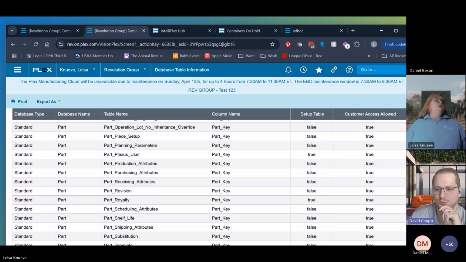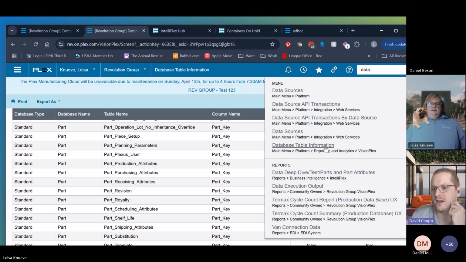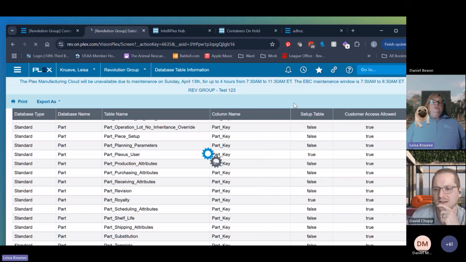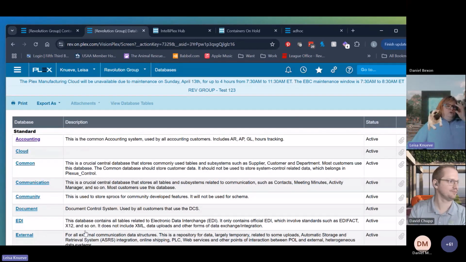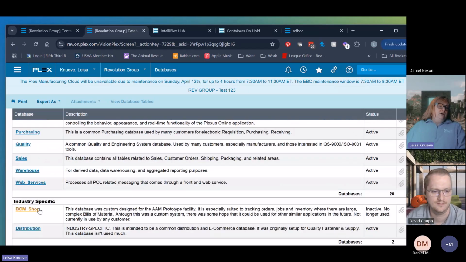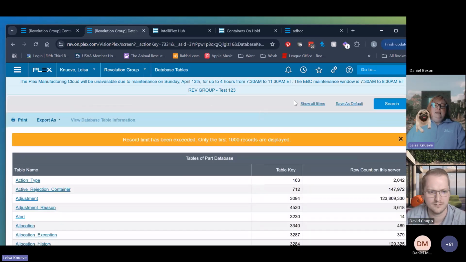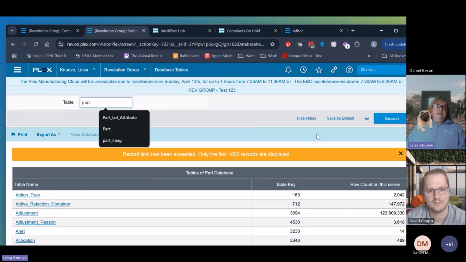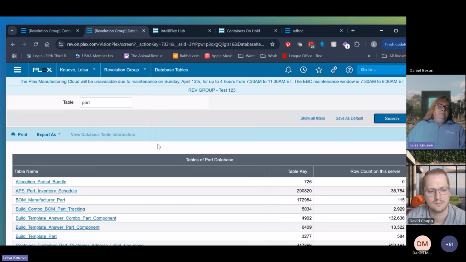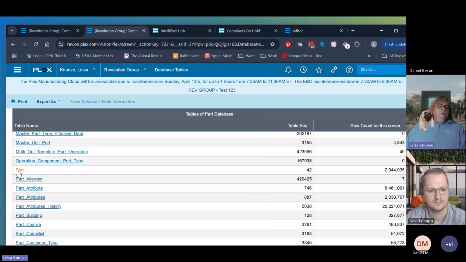Yeah, the database screen is well worth showing. There are some hidden gems there to help you write more performant SQL, to show where you can see where the index values are. If you go to the databases screen, you can drill into each database you need. They've got all of them listed here. I'll go to the part database, and I want to look at the part table to see what indexes they have on it. So if you scroll until you get to the part table and click on that,